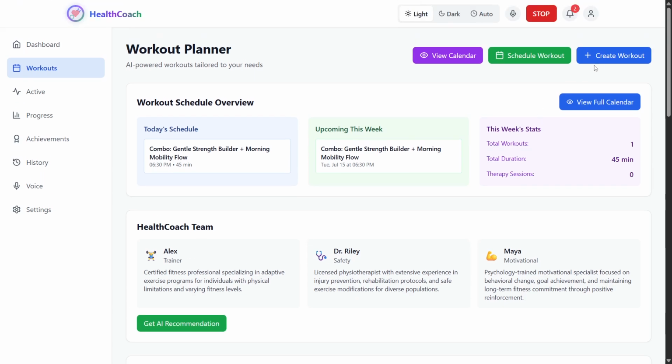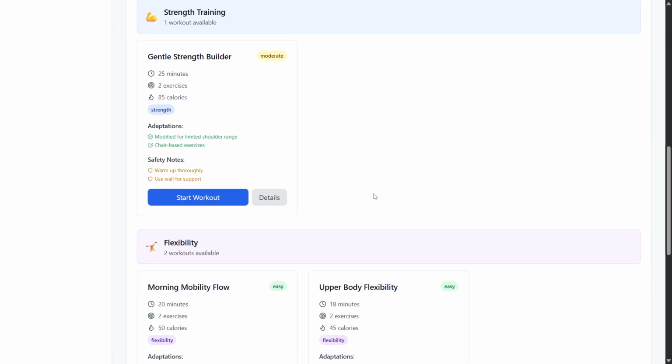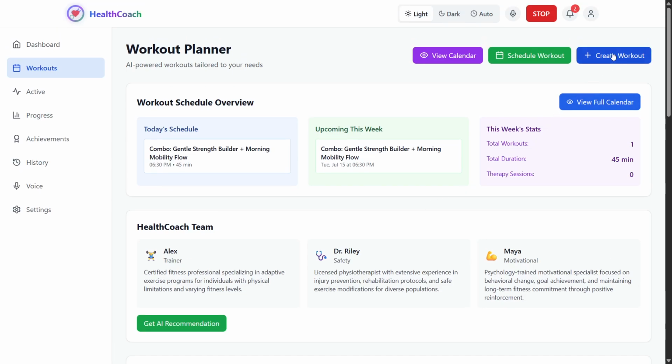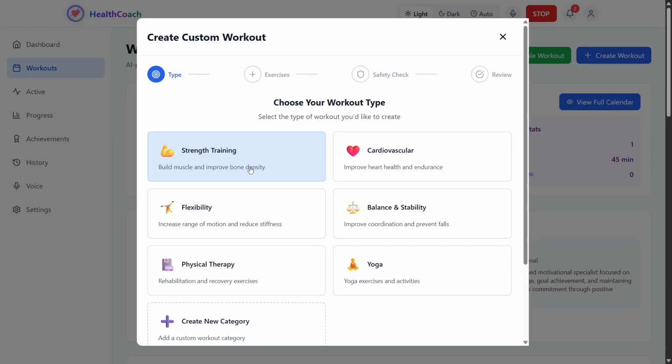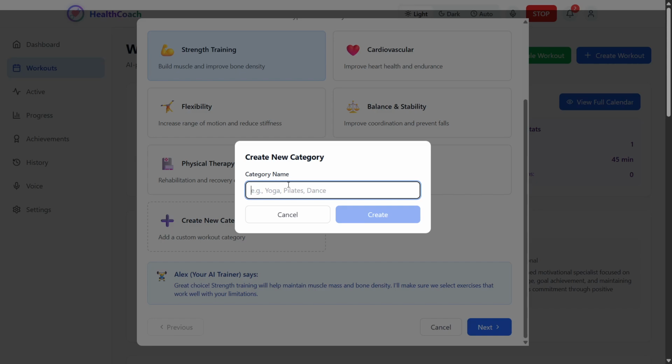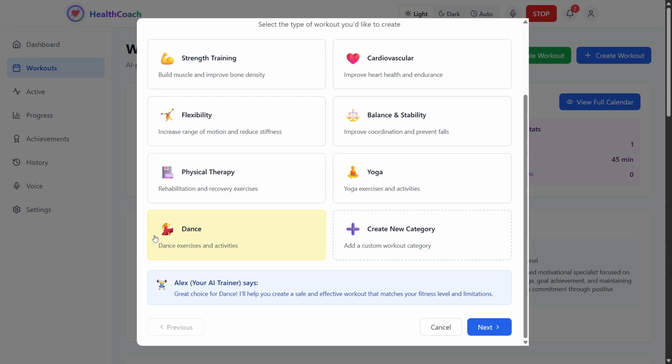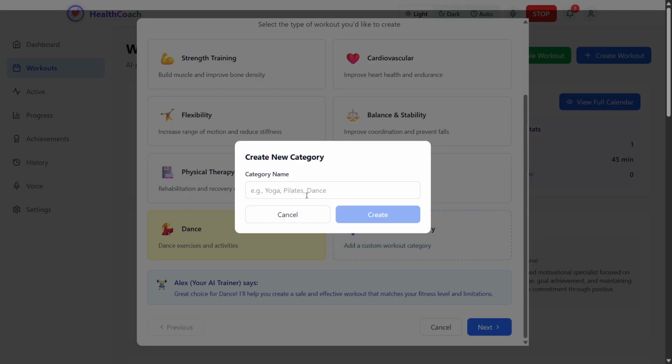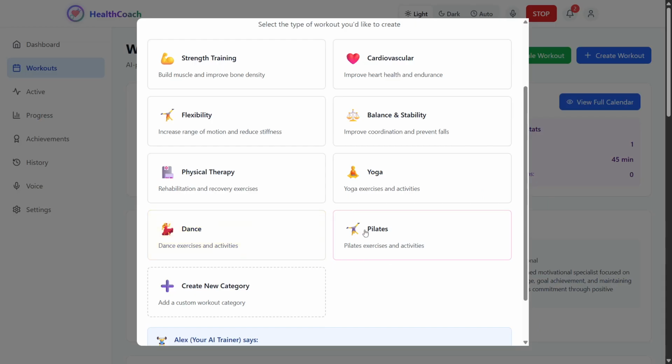We're going to look at this create workout button, which is going to add a workout plan over here. It's going to be a custom made workout. So you click on that and say you click on strength training. If you want to add more categories, you can click on this. You can type in dance. If you have a dance routine, it will create a tab for that, or something for Pilates, it'll add that as